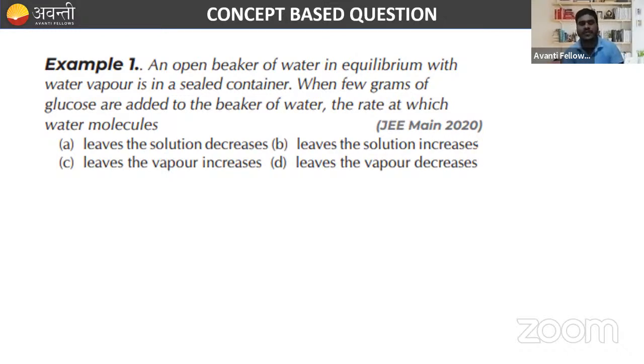Then obviously, if you add some non-volatile solute like anything solid, the vapor pressure starts decreasing. So when a few grams of glucose are added to the beaker of water, the rate at which the water molecules leave the solution starts decreasing. So the correct option for this question is nothing but